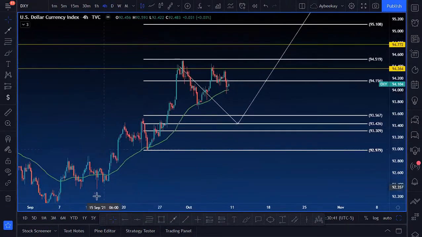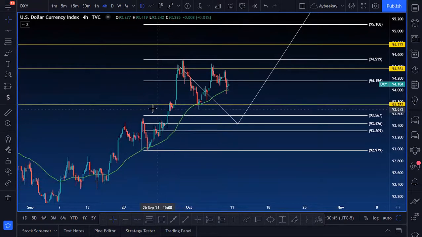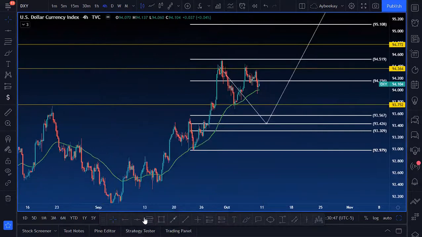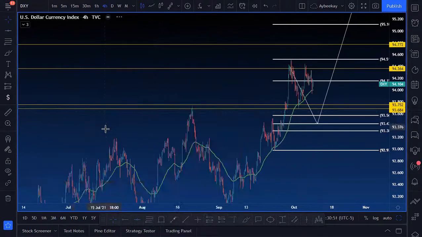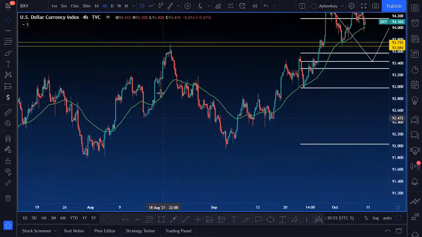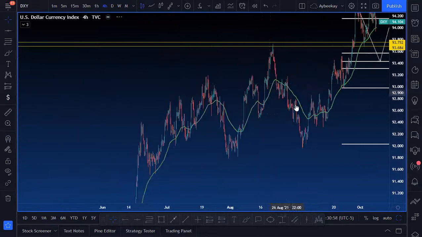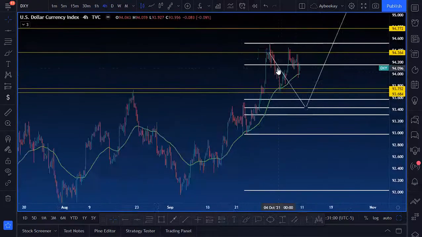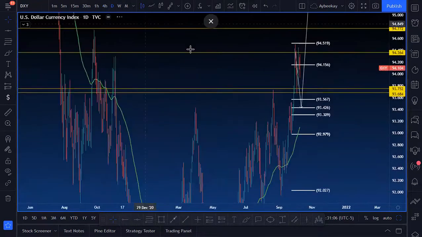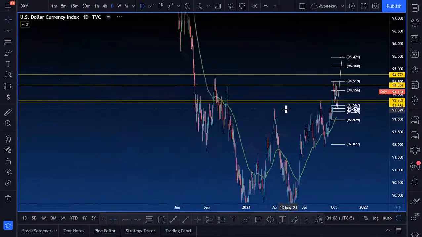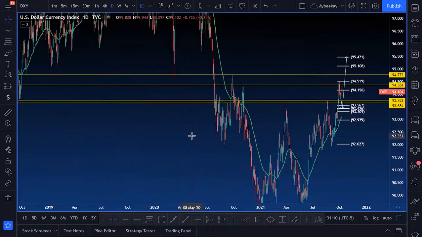I'm going to go ahead and draw out this zone that price rejected off of, because again, this was the zone that price previously failed to break through, right over here to the left, right? When we had price make this bullish move and reject here, then it dropped down before it then goes and makes a higher high, right? The dollar, there's really nothing except for this huge zone that is stopping the dollar from going bullish, right?